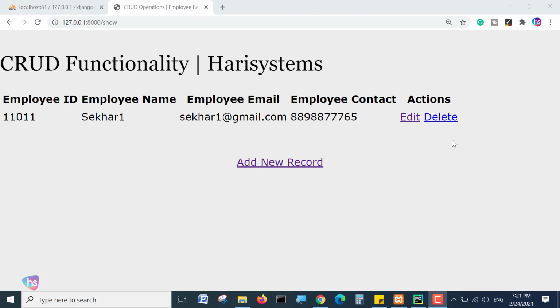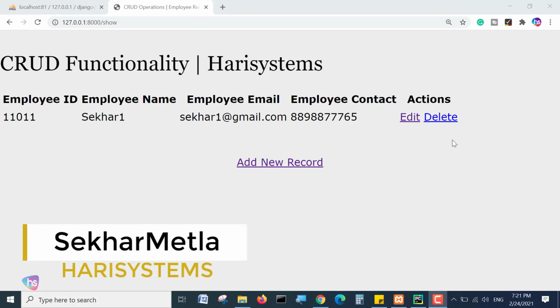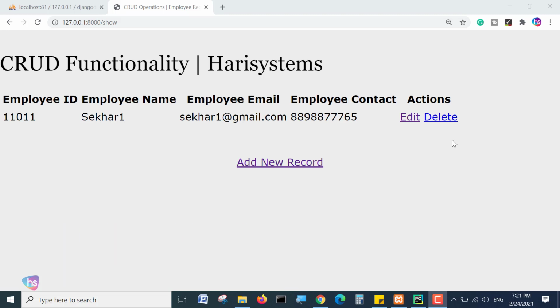Today we are going to learn CRUD functionality using the Python Django framework. This is the latest and trending framework, as you know, nowadays. Most trending web applications are developed using the Python language. CRUD operations mean creating a record, reading a record from the database, updating the record, and deleting the record. These are the CRUD operations, very popular for any web application that interacts with a database, like a dynamic web application.